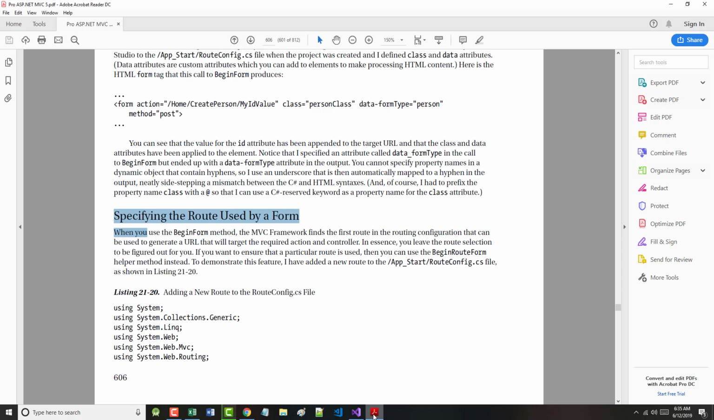And I'm on the bottom of page 606, specifying the route used by a form. And as the author says here, when you use the BeginForm method, the MVC framework finds the first route that can be used to generate a URL. In essence, you're leaving the routing selection to be figured out for you. If you want to ensure that the correct route is being used, you can use the BeginRouteForm helper method instead. To demonstrate, the author says we've added a new route to the App_Start RouteConfig